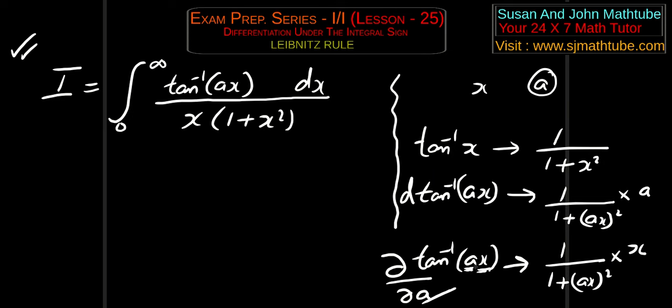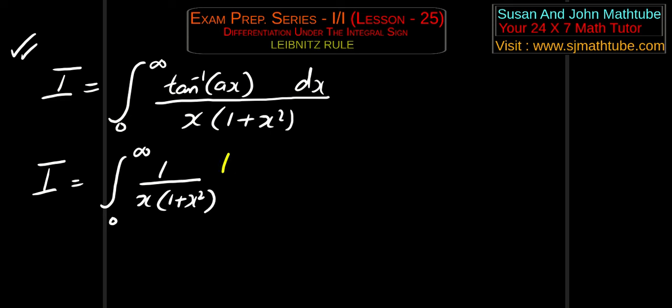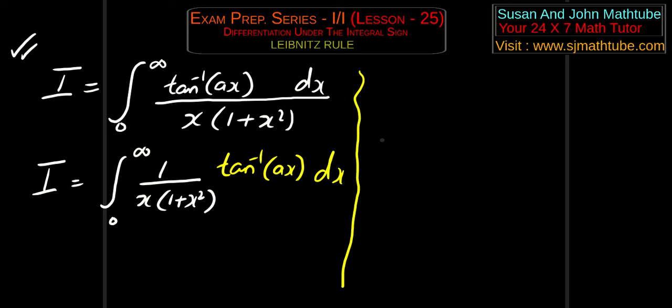Okay, now let's start, and I hope you don't mind if I write the given integral as 1 by x times 1 plus x square and tan inverse ax over here dx. It's the same thing. I just wrote that so that the differentiation will go fine. Now as usual and as expected, I'm going to write applying Leibniz rule on both sides to differentiate with respect to a. We get